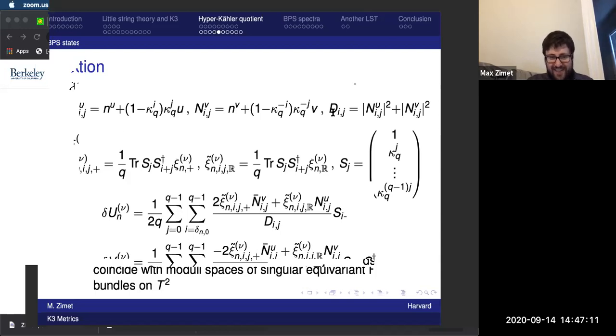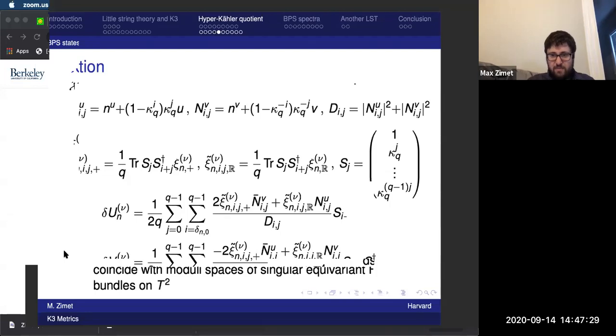Okay, so I just solved this linear equation. I don't want to spend time describing all this notation, but the point of this slide is that it's extremely explicit, and you can plug this into Mathematica very easily. This is just some finite sums, so this is computationally very useful.